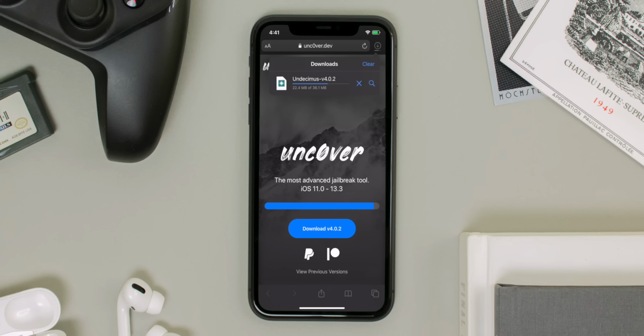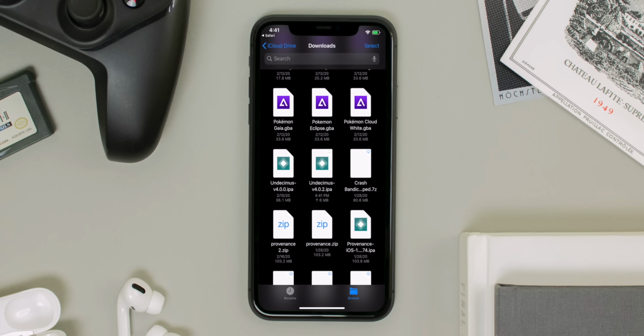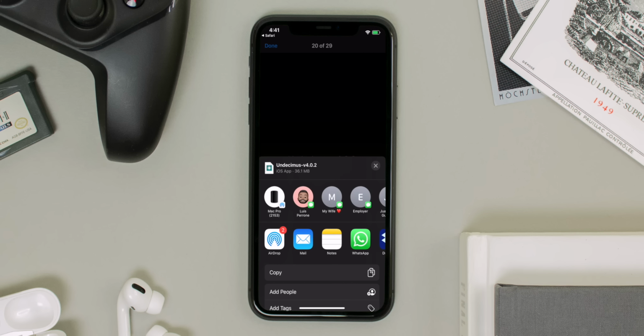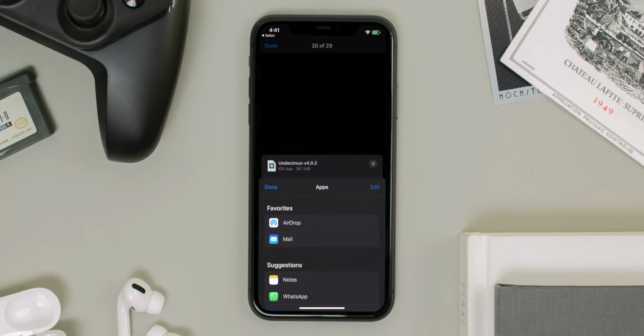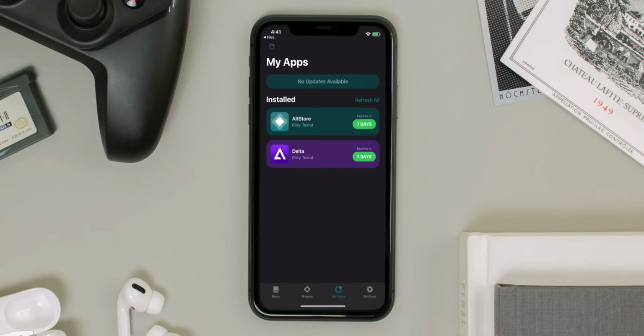From here, you can click on the download manager button at the top right and watch as the IPA downloads. Once it's done, click on the magnifying glass and you'll see the Uncover IPA in your Files application. Tap on it and then hit the little share button at the bottom left. Scroll to the left and click on More. And then from here, you want to hit copy to AltStore, and it'll install the Uncover application on your iOS device,